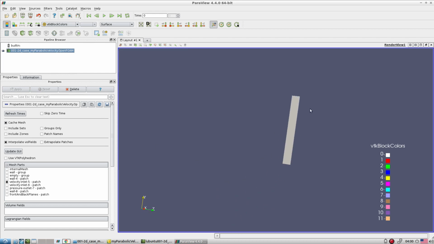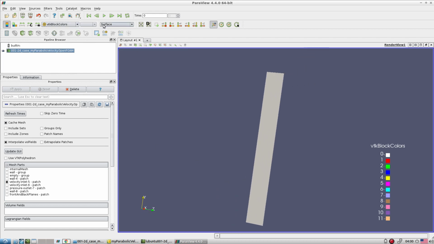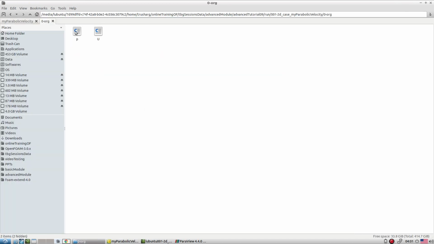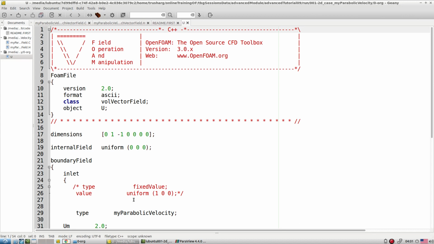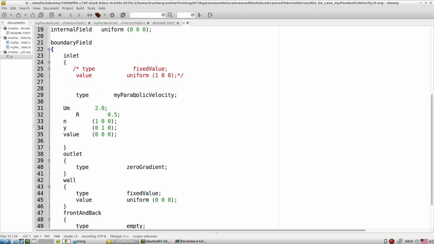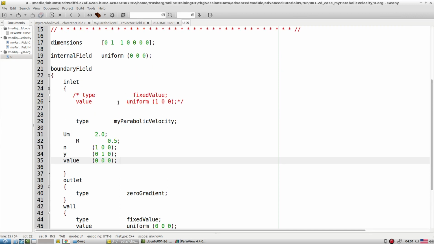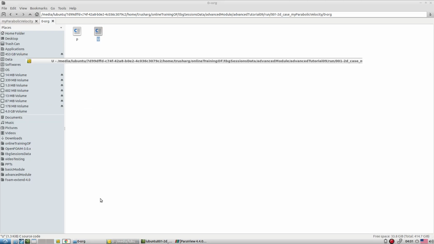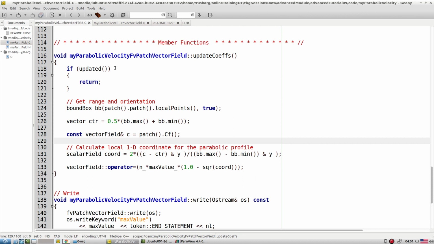Okay, so this is the velocity inlet. Let's say on this velocity inlet we want to specify our parabolic boundary conditions. So what is going to happen is something like this. In this folder we go here and we say my parabolic velocity profile. That is what we are going to specify in this area. All other variables we look at later, but from this area, whatever patch we say my parabolic velocity profile for, immediately our code understands that we are talking about that inlet patch,